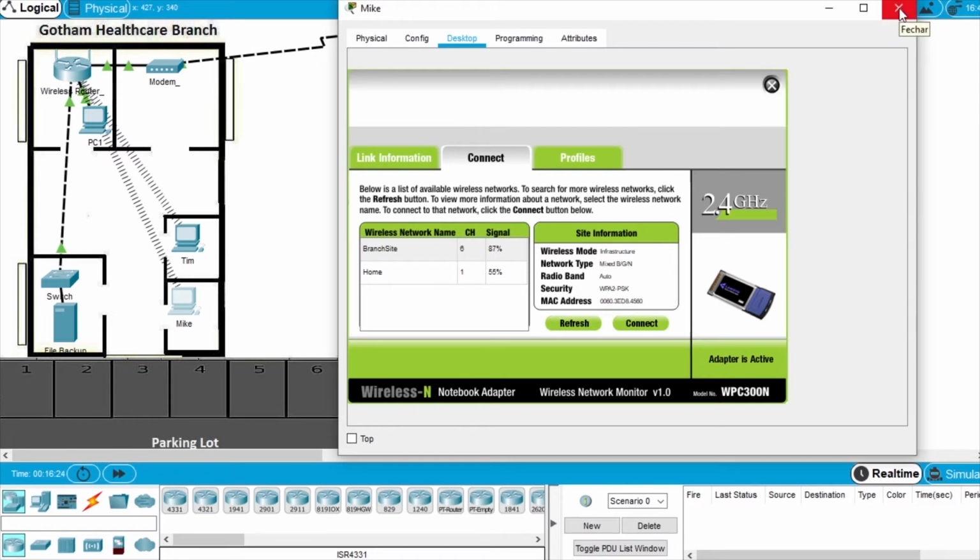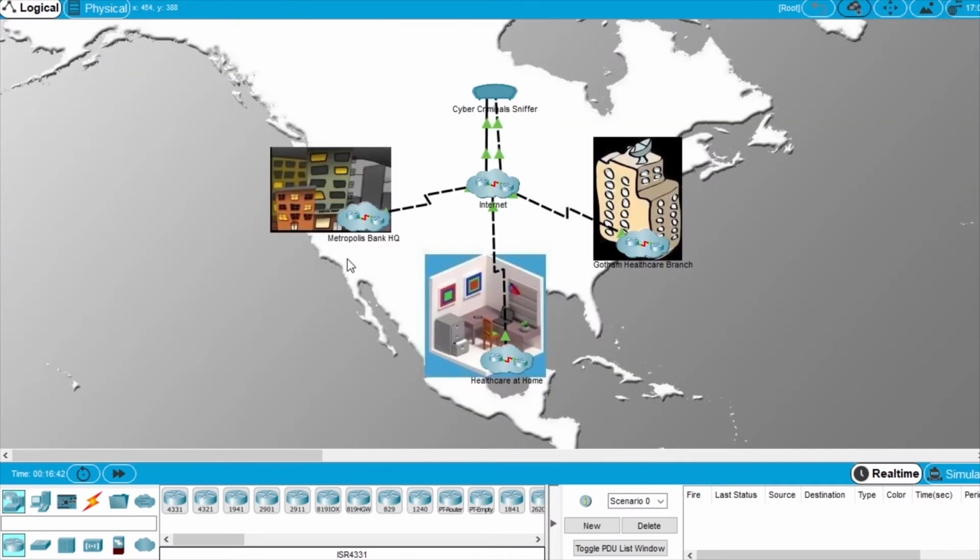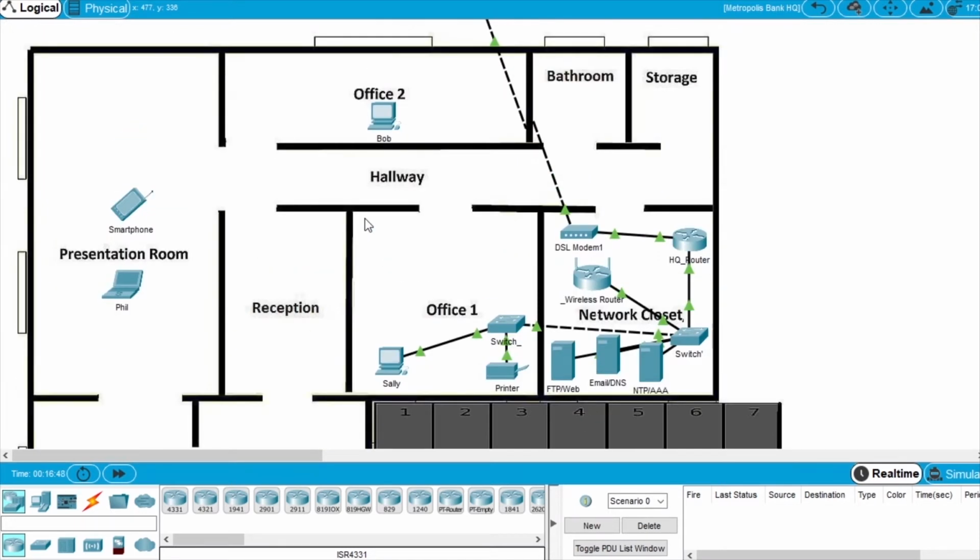Let's close Mike's computer, go back to the world, and finally let's configure the Metropolitan Bank headquarters network. This network will be configured with WPA2 radius, and let's start to set up the wireless SSID. So to configure the wireless router, you have to use Celi's computer that has a physical connection to it. So open Celi's computer,